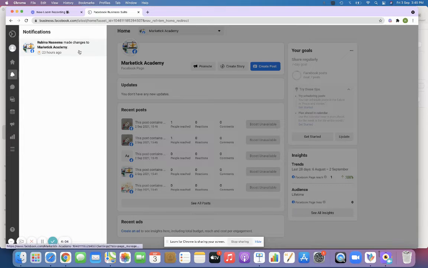Once the access has been sent to you, you will see a notification saying something like XYZ has invited you to this particular page. You just have to accept the invitation and you can go ahead with the campaigns and whatever you're planning to do with your client or for your own business. And then you have something called Inbox.